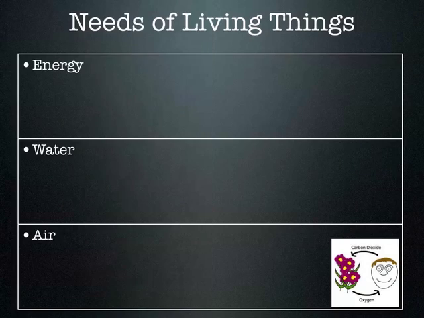Okay. So let's move on now. We talked about the characteristics of living things. Now we know something is alive if it is made of cells, if it can reproduce, if it's adapted to its environment, if it can obtain and use energy, if it grows, if it responds. That's what makes something alive. Now this next section is, if something is alive, what does it need to stay alive? All living things need certain things.